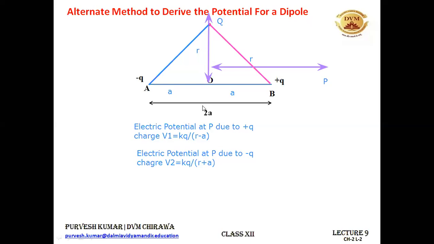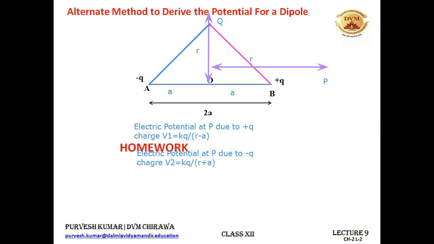Because if the question comes like this, that you need to find the electric potential at an equatorial point only, then why go through those cumbersome expressions? Just find it like this. Take the equatorial point, find out the distances, and then solve it. It will be 0 only. And if the question comes like this, that you need to find the electric potential at a point on the axis of the dipole, at an axial point, then you can directly take an axial point which is at distance r, and then find the individual potentials at the axial point because of the plus q charge as well as the minus q charge, and then add them up. All right, so that's what I'm leaving as homework for you. So this is your homework.